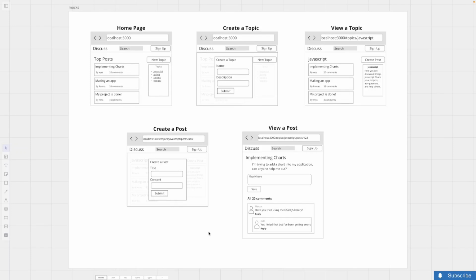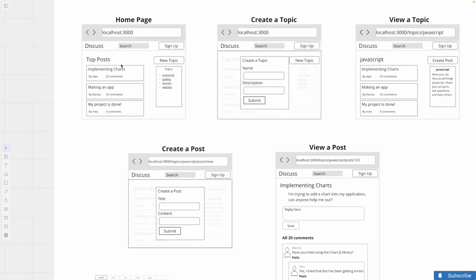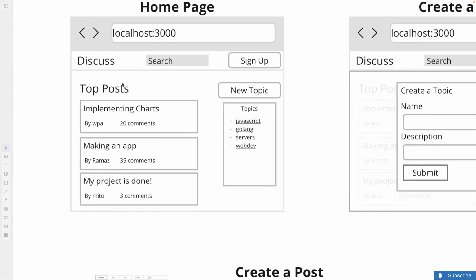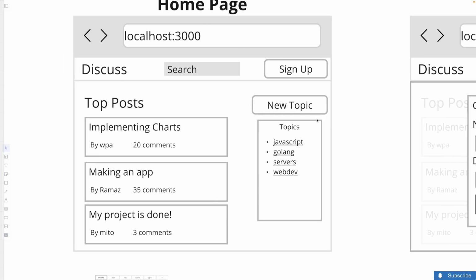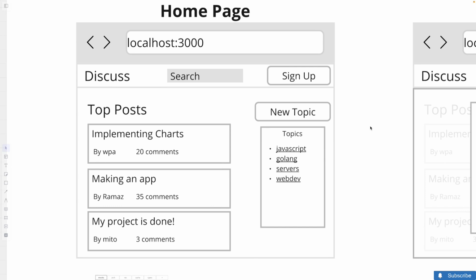So this is going to be a rather large app that we work on with a couple of different features in it. It's going to be a kind of Reddit clone, so kind of a social media discussion website. It's going to have authentication. Users are going to be able to log in, create posts, and then respond to each other's posts by adding comments and whatnot. In addition, all posts are going to belong to a topic, and these different topics should be